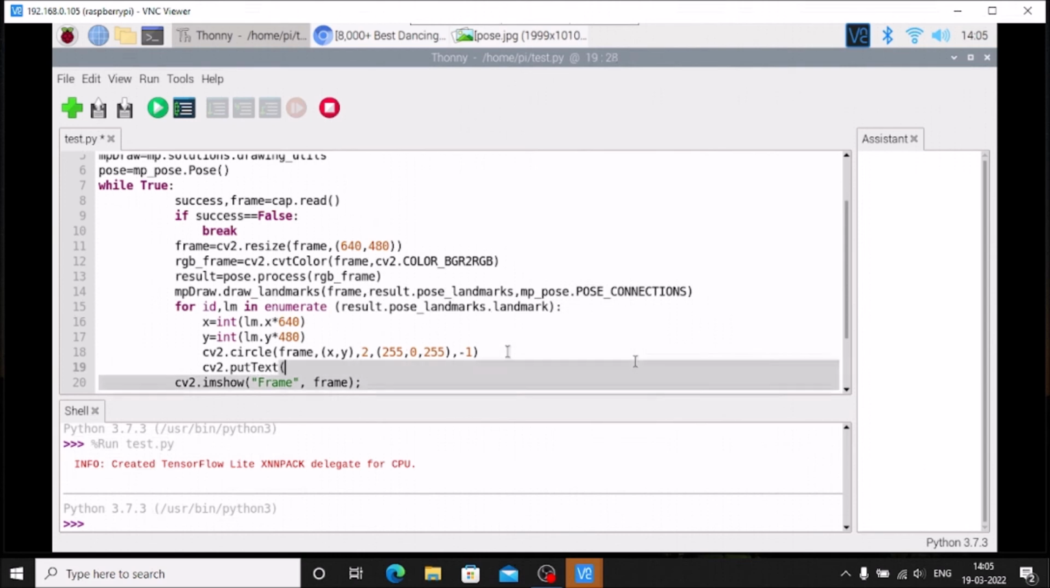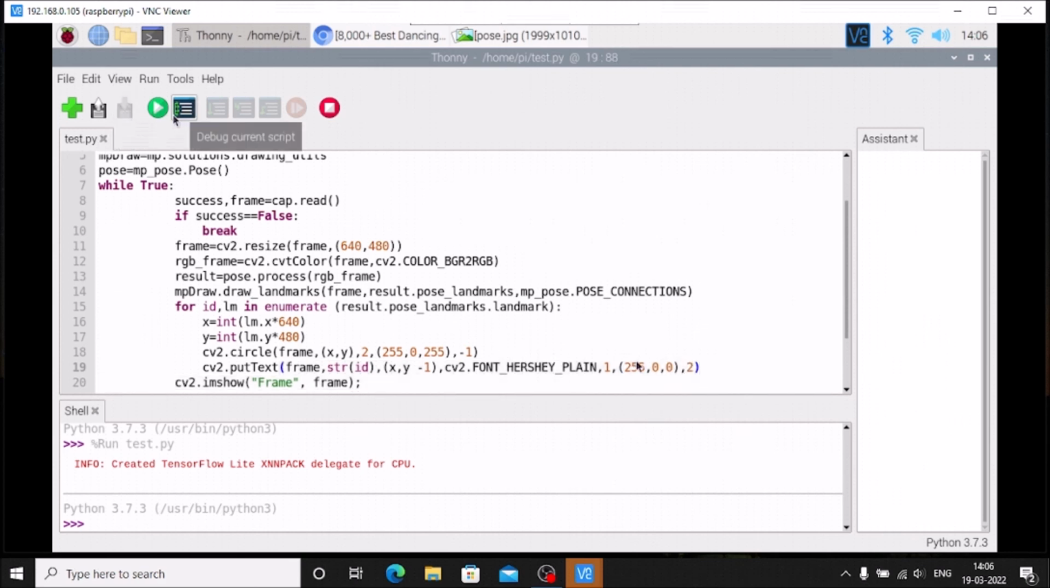Now what we want to do here, cv2 dot putText, we are going to put the text. So cv2 dot putText on the frame, then str of id, which is basically the number of the point. Then where we want to mention it, on the x and y coordinates, x and y minus 1. Then cv2 dot font hershey, let's make it plain. Then 1, then color, let's make it blue, and then the thickness, let's make it 2. So if I save the code and run the code,